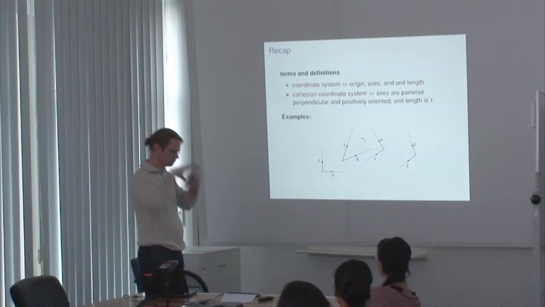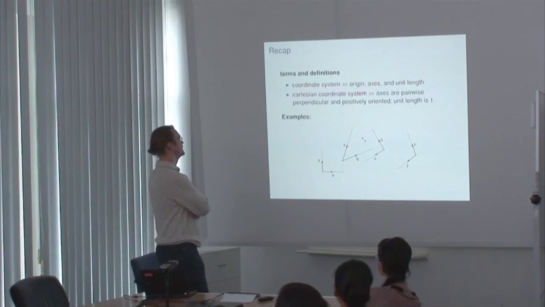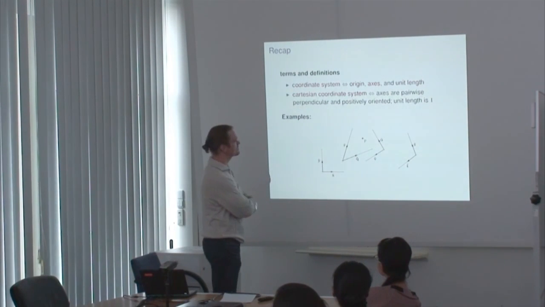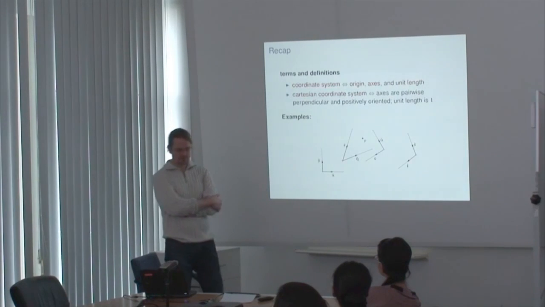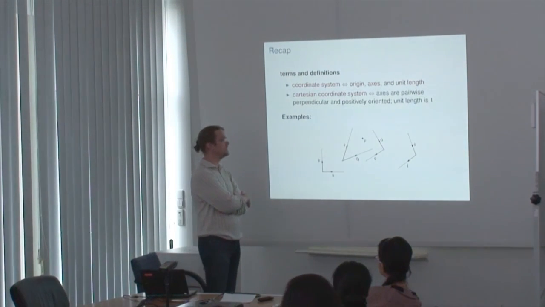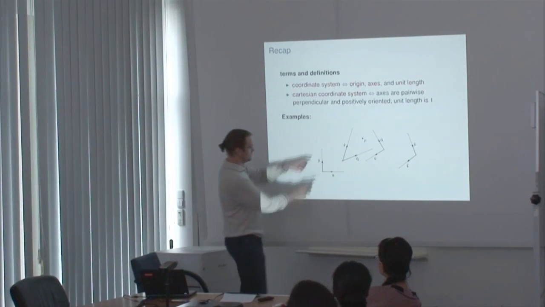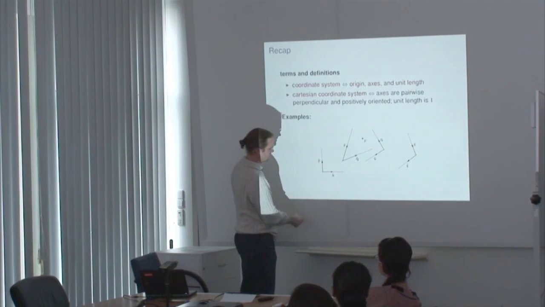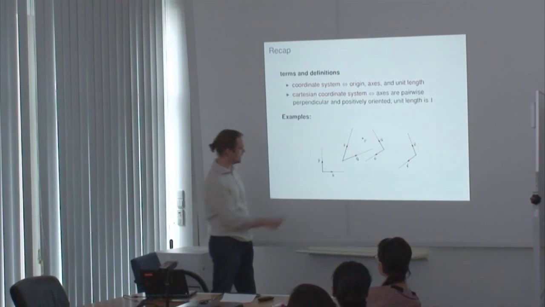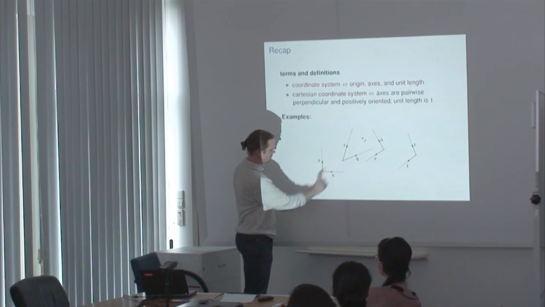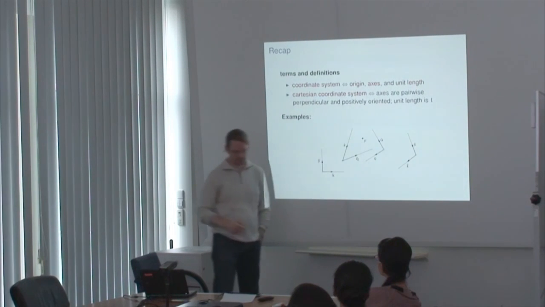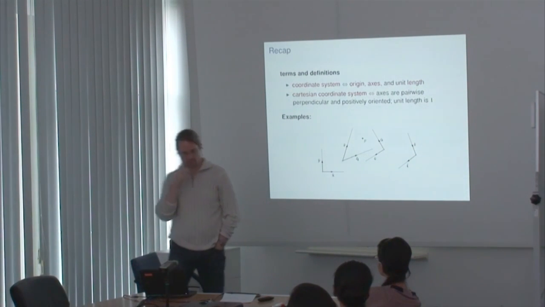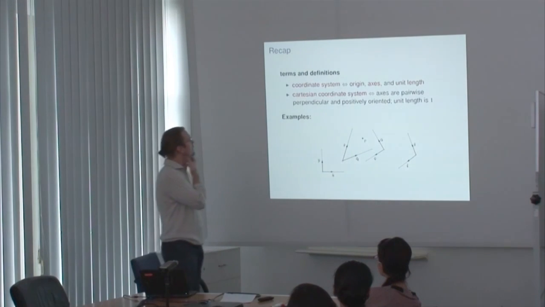So we can focus on the idea of Cartesian coordinate systems, and Cartesian coordinate systems are special coordinate systems in that their coordinate axes are perpendicular. The angle between these two lines or between these two vectors is 90 degrees, or pi over 2, and they